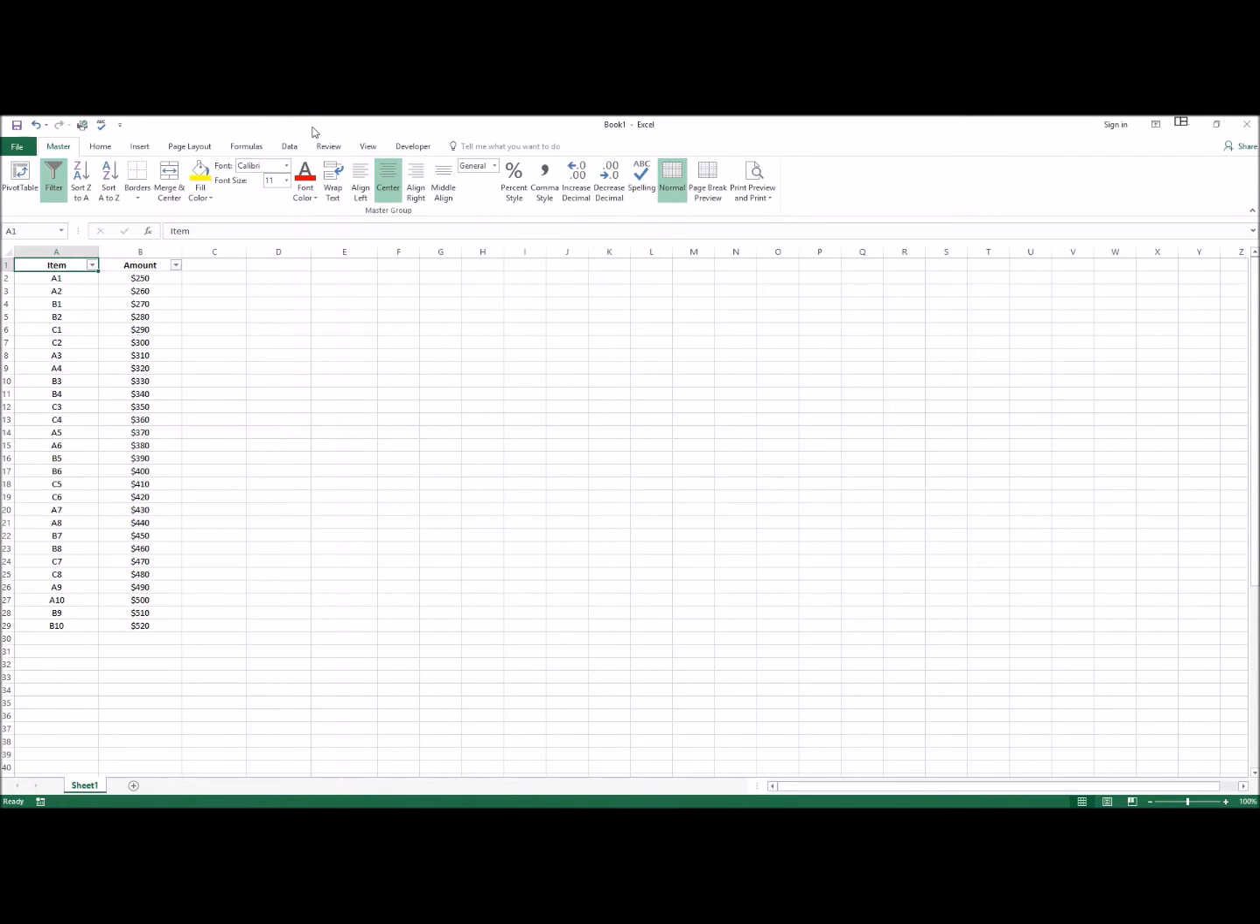Let's look at the difference of using the sum function versus using the subtotal function when totaling values. You can see here that I have a fairly basic spreadsheet set up with items in column A and the amount for each one of those items in column B. So if we want to total the amounts in column B, we could simply use the sum function